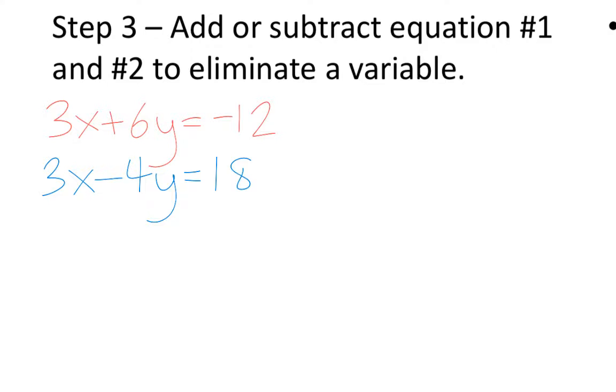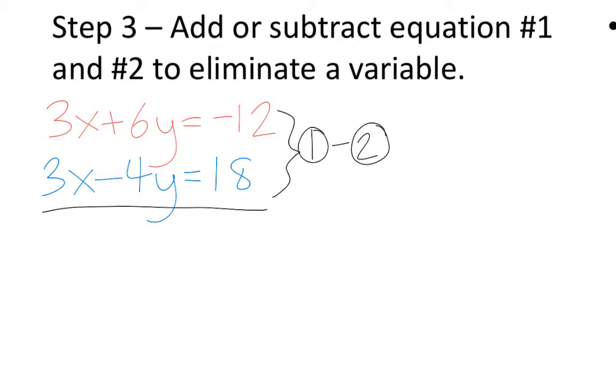You'll notice that one set of terms are identical. 3x is identical to 3x. That is what we want. That is a reason why we manipulated equation 1 in our last step. At this point, we want to either add or subtract these two equations. The choice is yours. However, there is usually just one correct way, and in this situation, it is subtraction. So let's go ahead and subtract